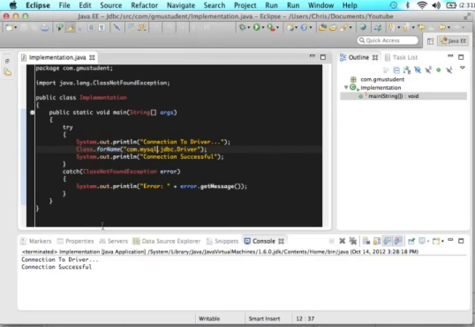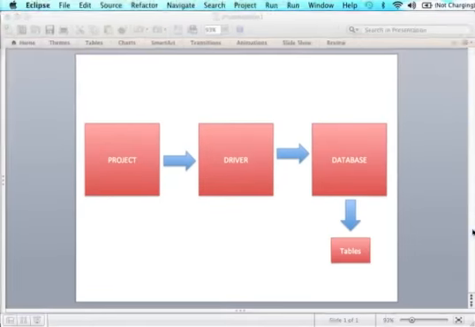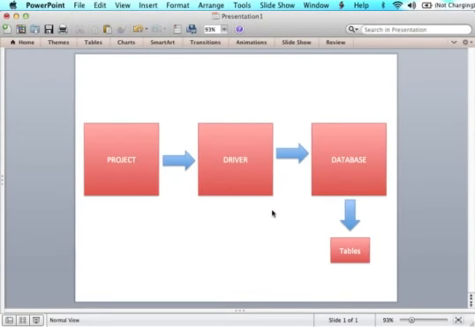In the previous tutorial, we made our connection from our project to our JDBC driver, and we defined it as a MySQL JDBC driver. Perfect. And we know it works perfectly because no exception was thrown. So, the next step is we want to make that connection from the driver